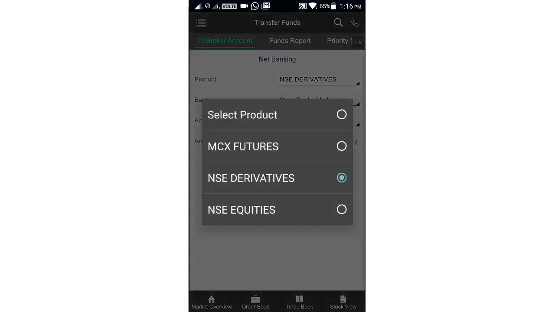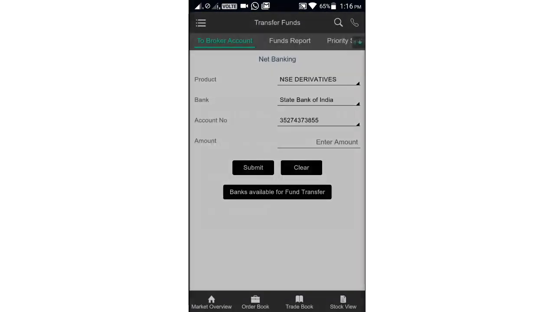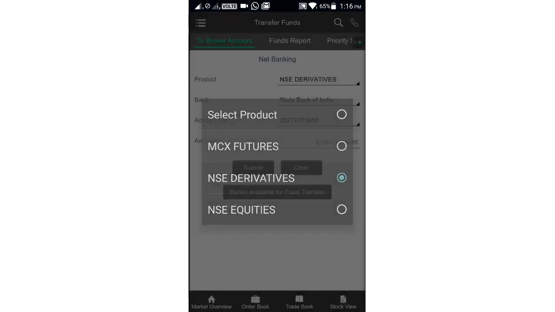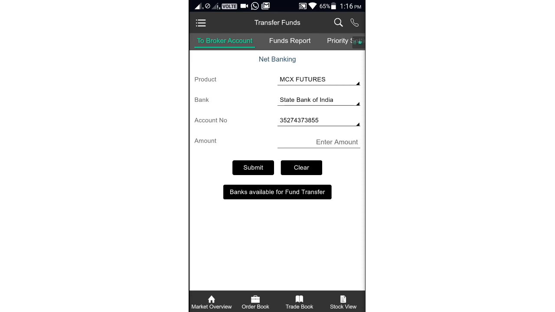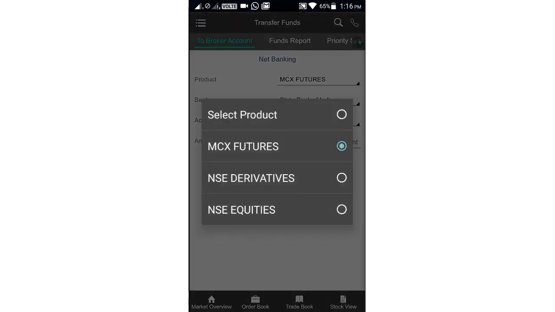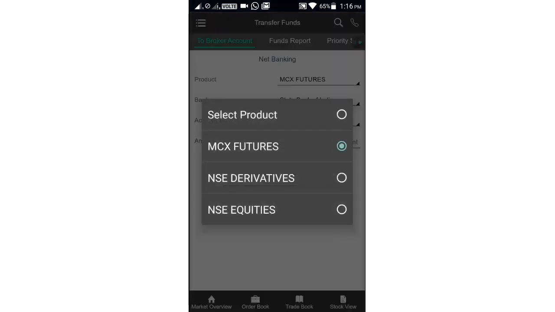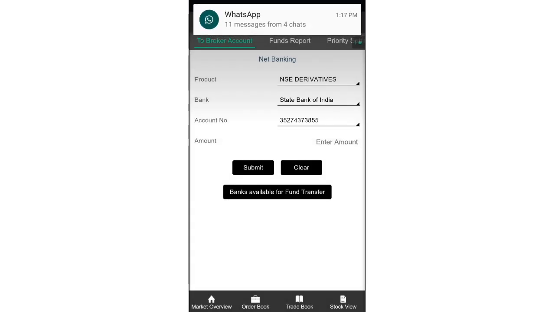We have given different segments here, NSE derivatives and NSE equities, because some people have only an NSE derivatives account and some people have only an NSE equities account. That's why we have given two separate options here, and this is the MCX futures option. In Astha Trade, MCX futures is a different segment and NSE is a different segment. If you want to trade in MCX futures, like commodities such as crude oil, silver or gold, you have to deposit the fund in MCX futures. If you want to trade in Bank Nifty or any equity shares,